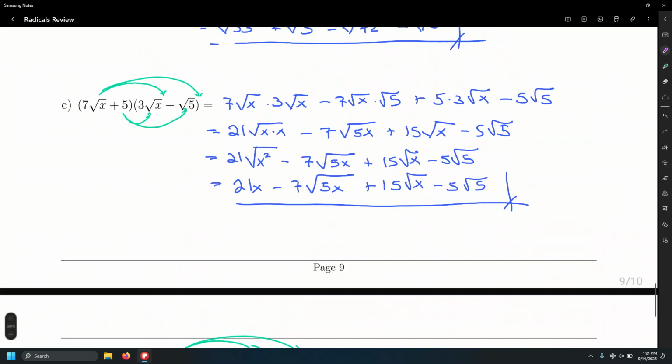The previous one, we can't even think about it because, although we have root of x and root of x, look at the coefficients. One is 7, one is 3, and although this is a positive 5 and this is a negative, it's not 5, it's a root of 5. So we have terms and symbols all over the place, so that doesn't even look like a product of conjugate binomials. All right. Okay, so let me